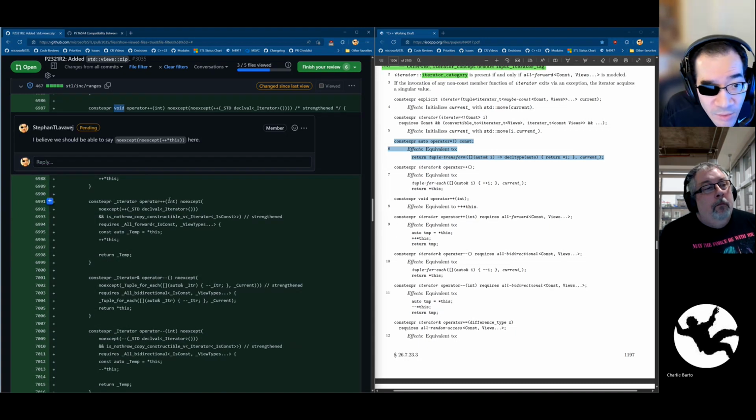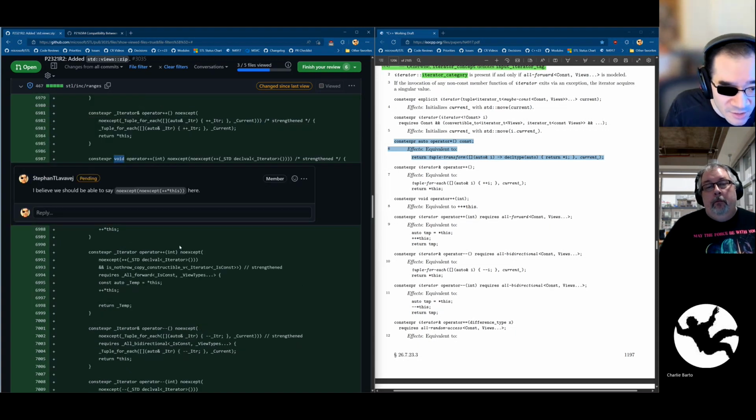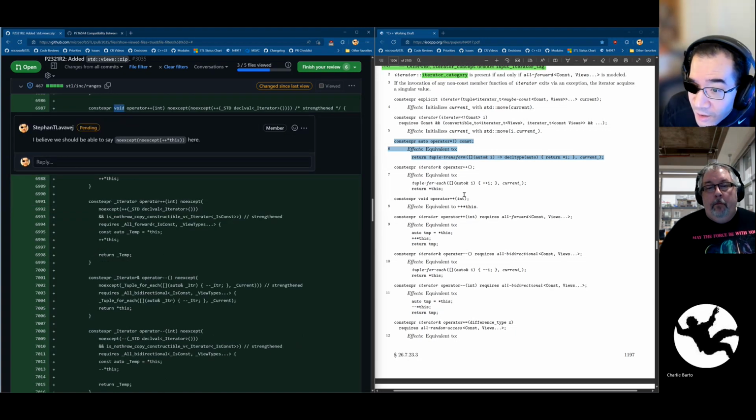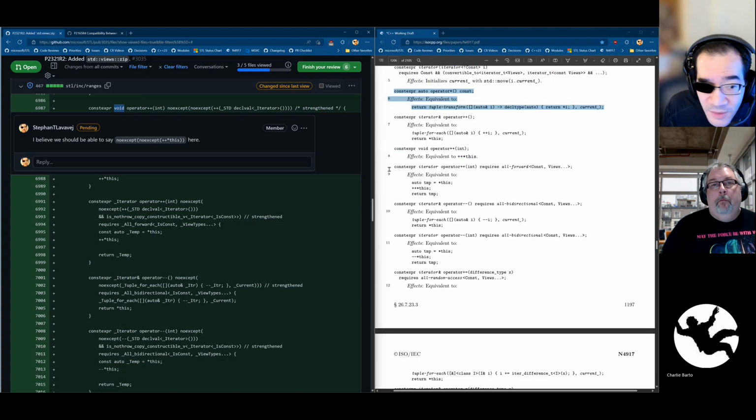Oh, sorry, not post increment. Oh, it's the other post increment, the one that is constrained for all forward. Okay. Where is that? This one here. So context for iterator, again, discardable. Plus plus int. It's going to have requires, but first we have a